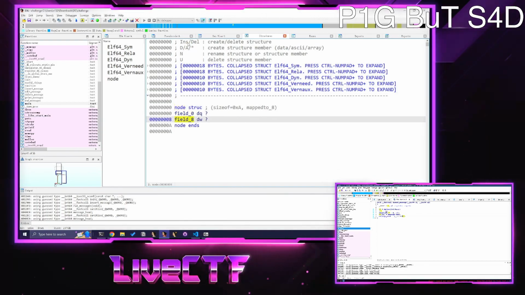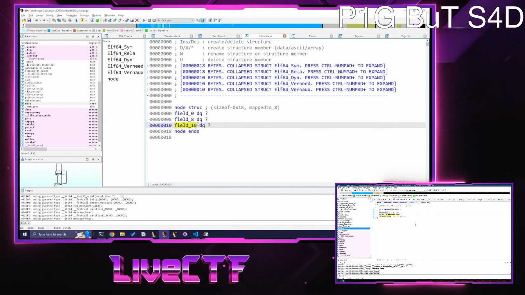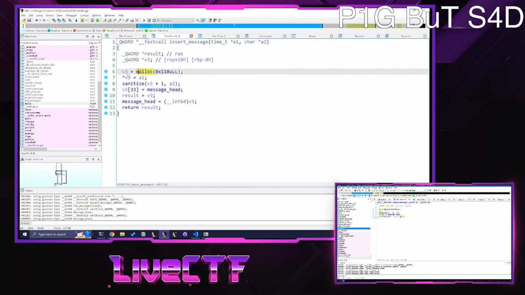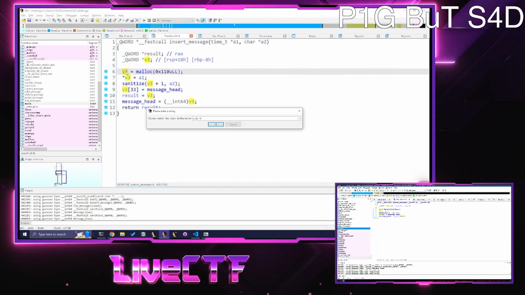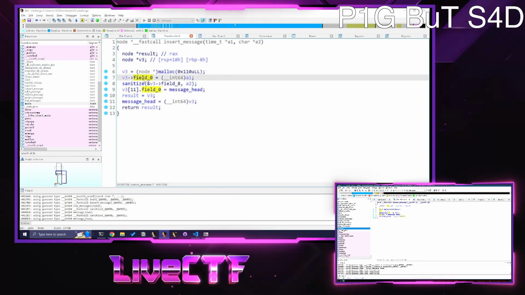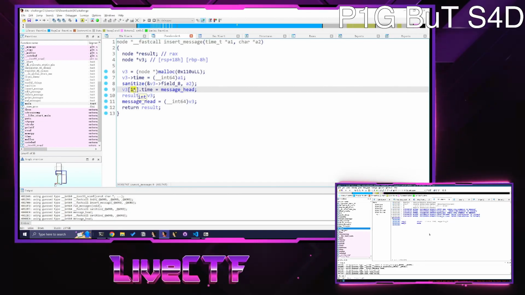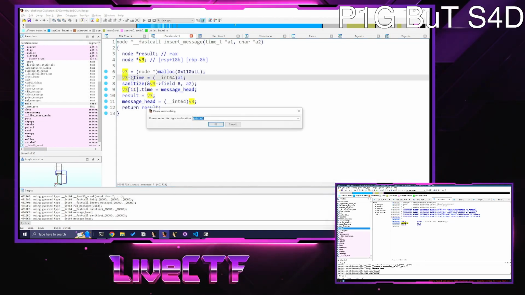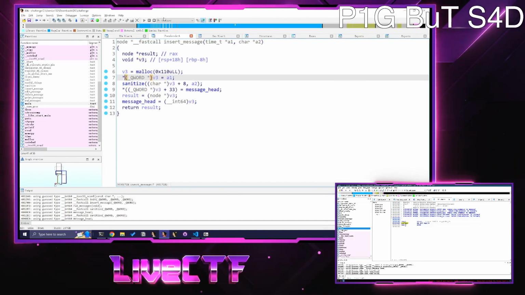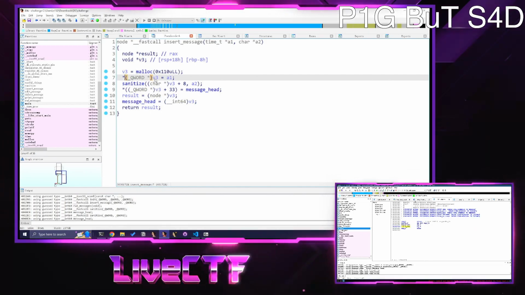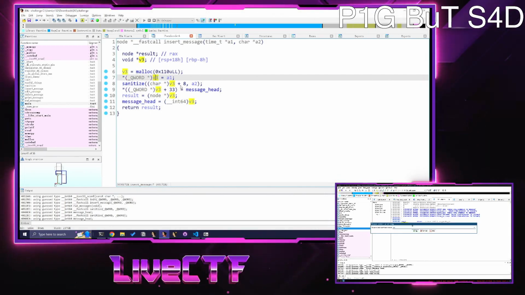Oh, that's interesting. So both teams just went to static analysis first, right? Spending a few minutes here. Yeah. And I think most of them do that initially, but we'll see how long they stay here before they start writing some exploit code. Yeah. P1G BuT S4D is very fast with searching, getting the function pointers, focusing on